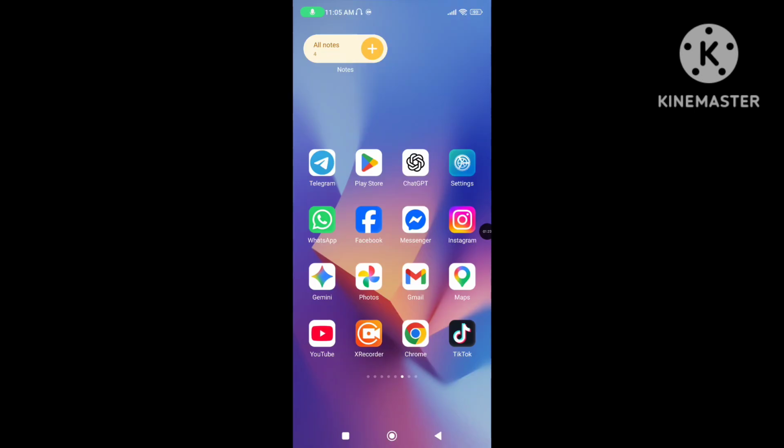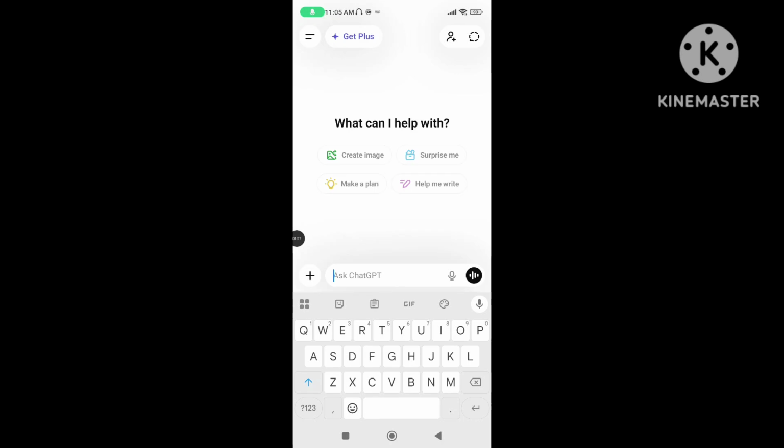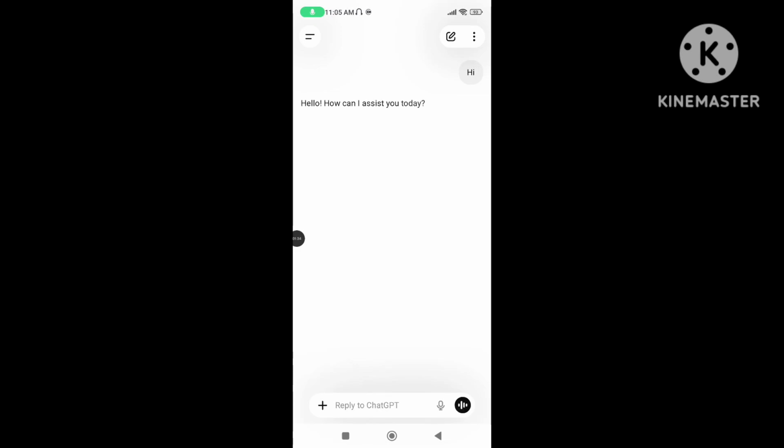Step 5. Open your ChatGPT application again. Send any message. You can follow all of these steps to fix the ChatGPT failed to send